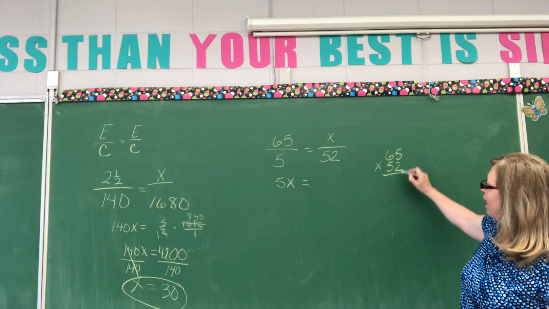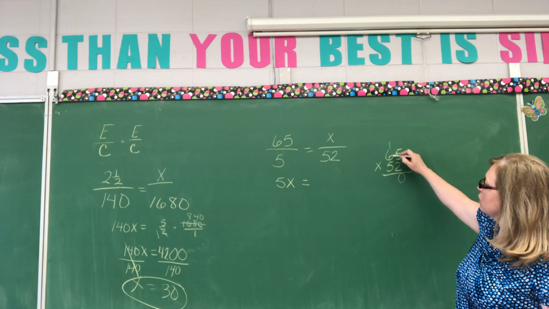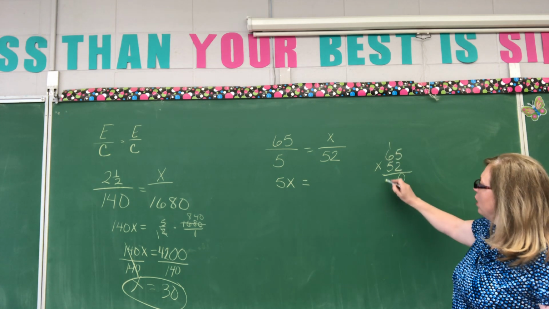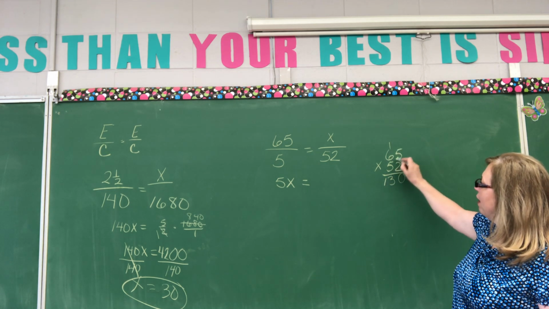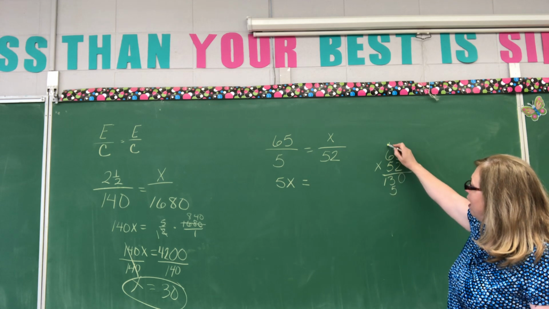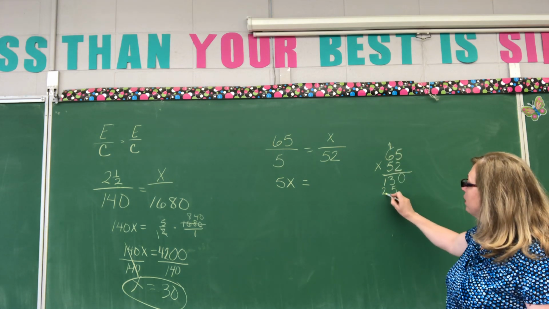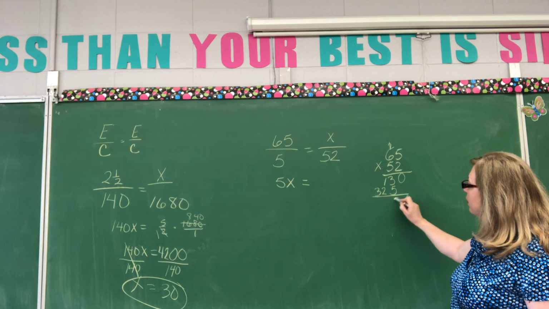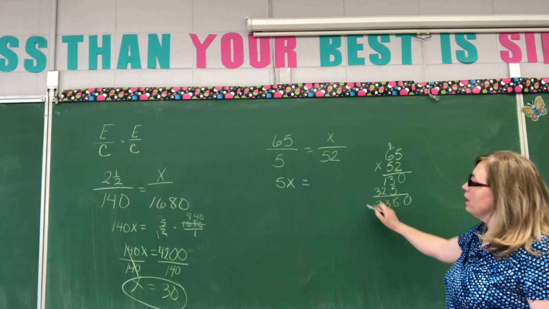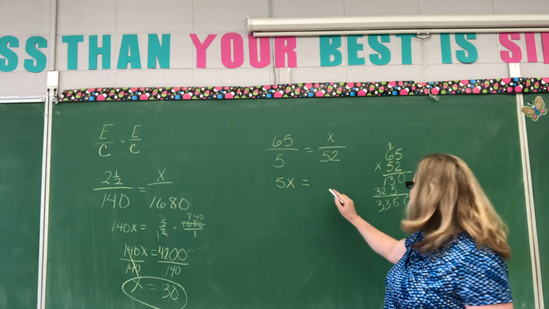So 2 times 5 is 10, 2 times 6 is 12, plus 1 is 13, 5 times 5 is 25, 5 times 6 is 30, plus 2 is 32. So, in our problem, 5x equals